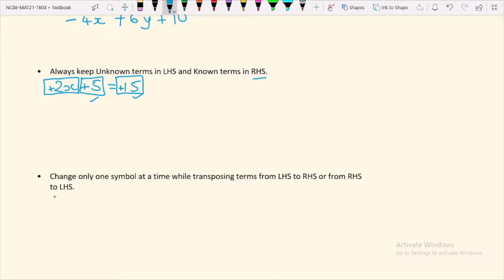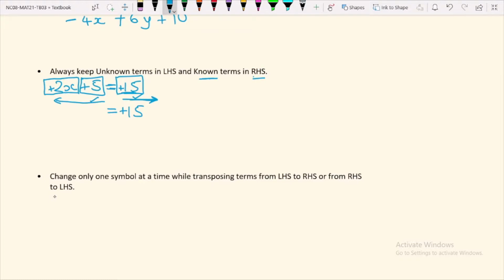So we have to keep it in RHS. We'll keep plus 2x in the LHS itself. We'll keep is equal to as it is. We'll keep plus 15 also as it is. Let me write below this equation itself. Here below this equal to, I will write equal to. So this one is LHS, left hand side, and this one is RHS, meaning right hand side. So we have to keep the known terms in RHS. So 15 is the known term, and it is in RHS itself. So we will not move this. We will keep it as it is.